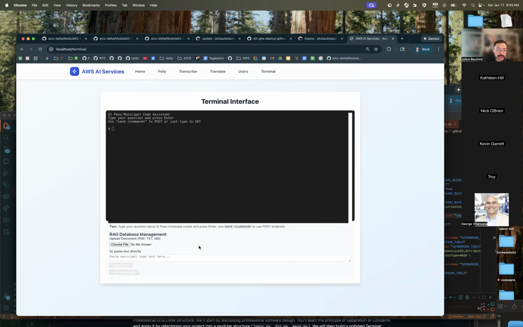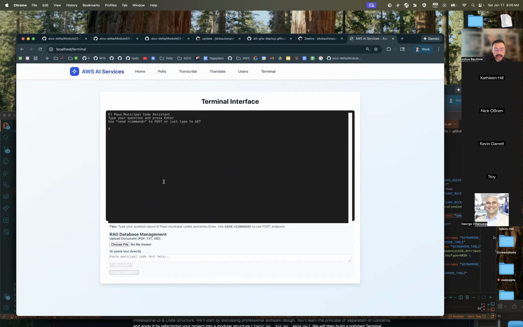So we have the terminal interface, we have integration with endpoints for the RAG chain methods that were built, and it's hard to see, but there are some buttons for hitting API endpoints for ingest and clearing database.